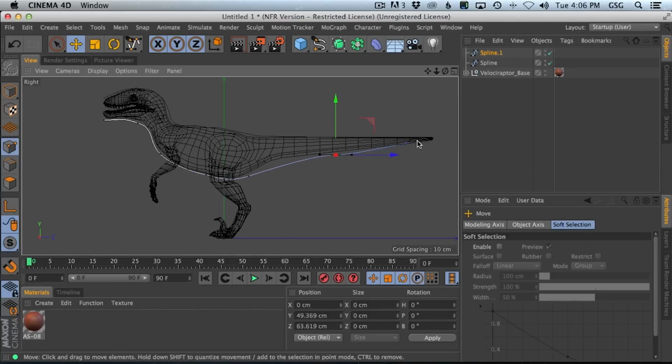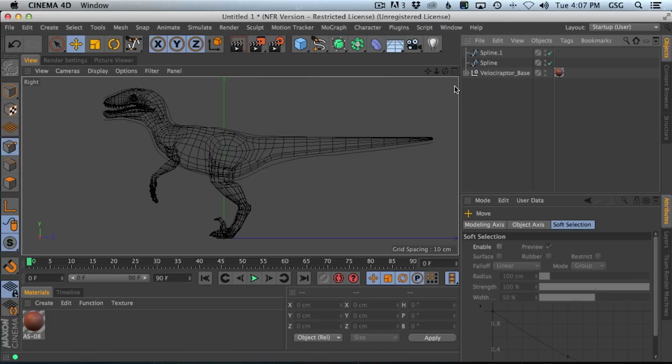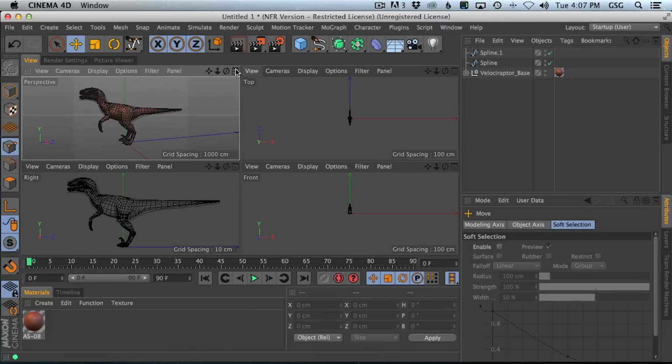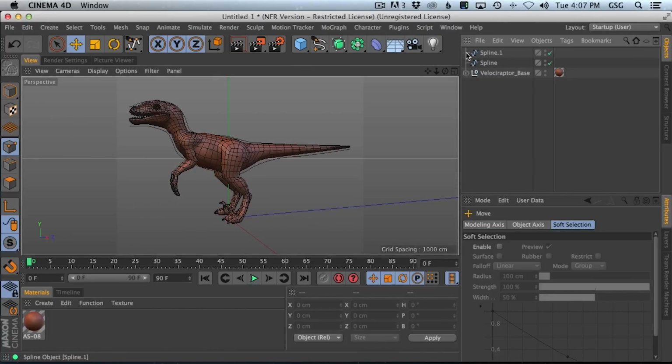This one I'm actually going to pull forward. We may have to add some more geometry there. We can just adjust these handles as well and maybe move this up. Okay, so now we have our two splines, our top and bottom, and this is how we're going to do this. We're going to go back to our normal view so we could see this, and we need to put this